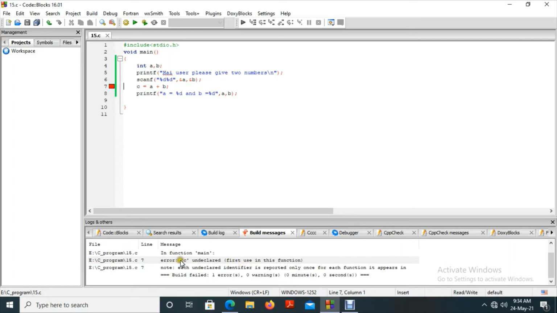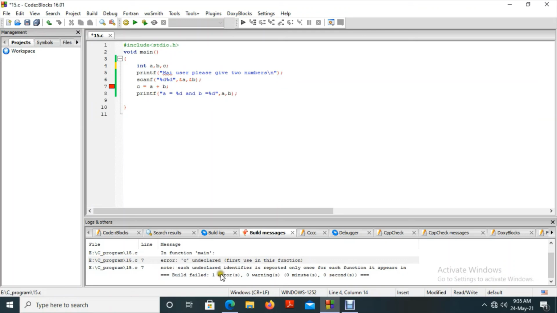So what's the meaning of this? The compiler doesn't understand what C means. We didn't tell the compiler to create one more block C so that the result can also be stored. We forgot to mention that, and that is why this error is here. C undeclared. Each undeclared identifier is reported only once for each function it appears in.